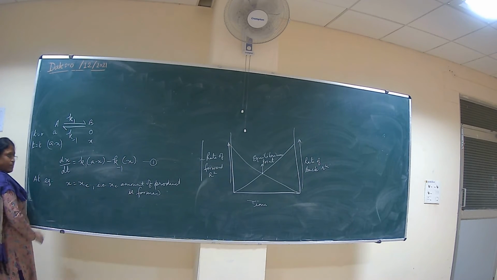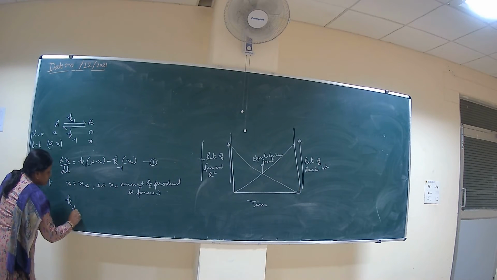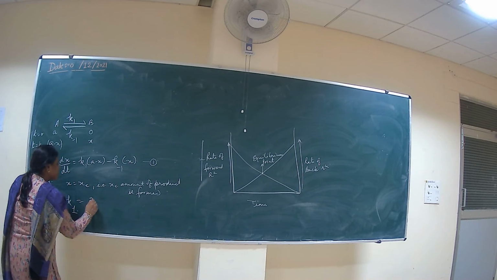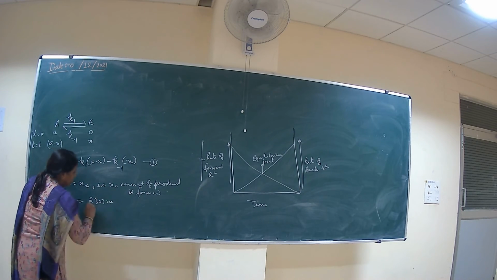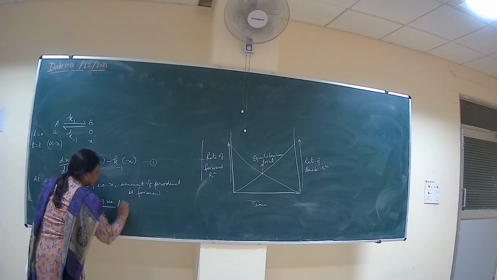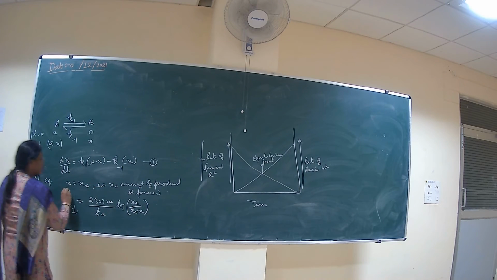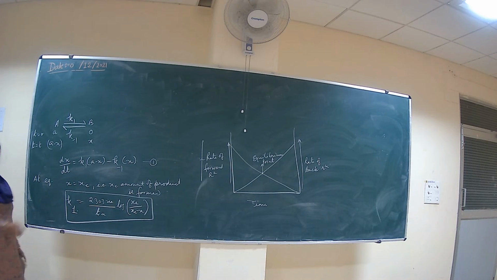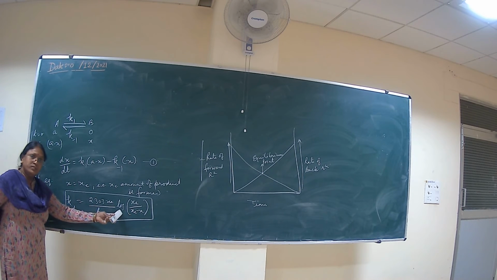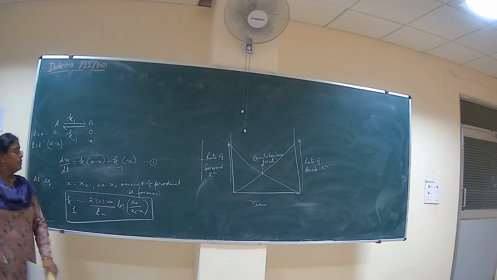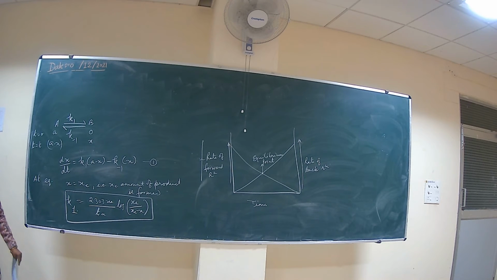So on solving the above equation, we get the rate constant for the forward reaction, that is K1 equal to 2.303 Xe upon T log of Xe upon Xe minus X. ठीक है? So from this, जब हम इसको solve करेंगे, then we get the kinetics or the rate constant equation for the forward reaction. So this is for the reversible reaction to find out the kinetics.